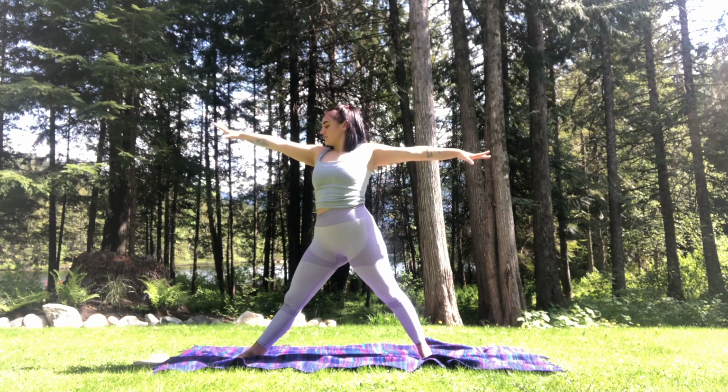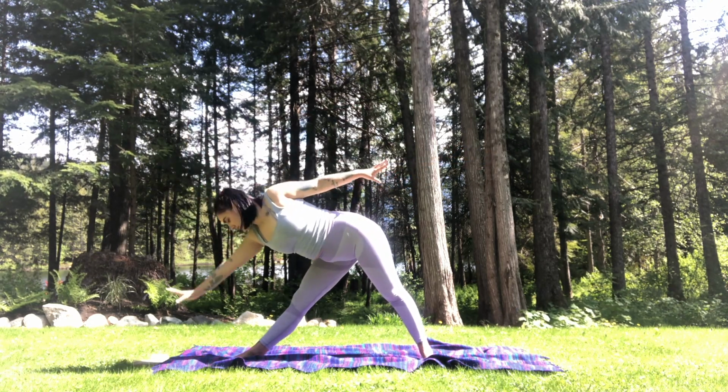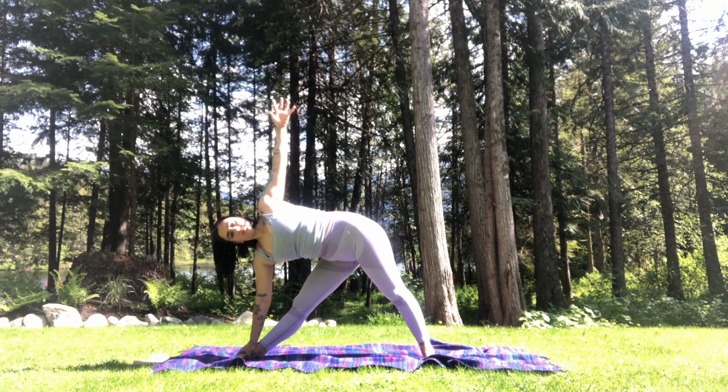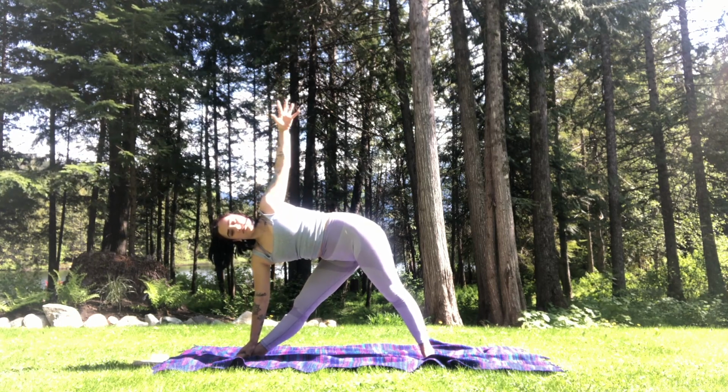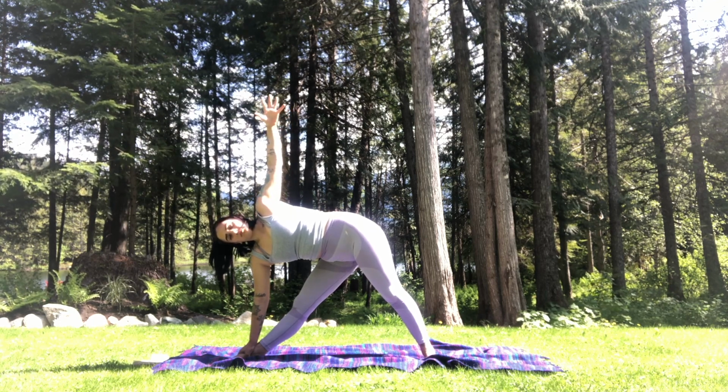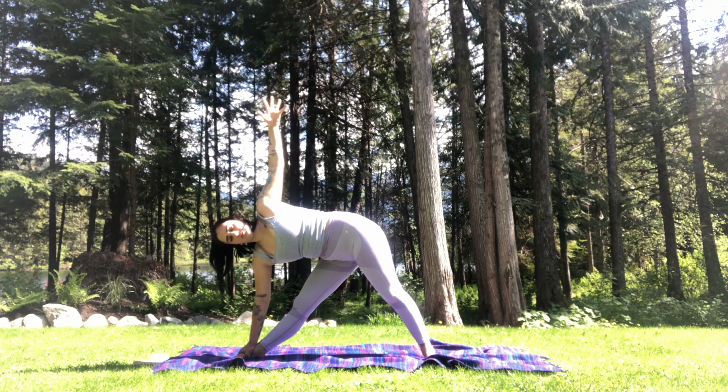Straightening the front leg and moving through almost like tick-tocking into your triangle pose, reaching that top arm up and feeling that nice stretch in the side body. Take a nice deep breath here